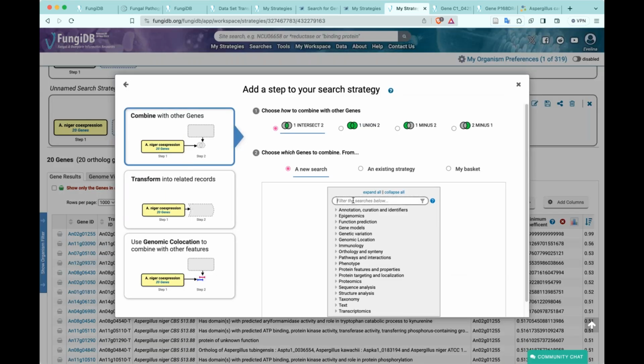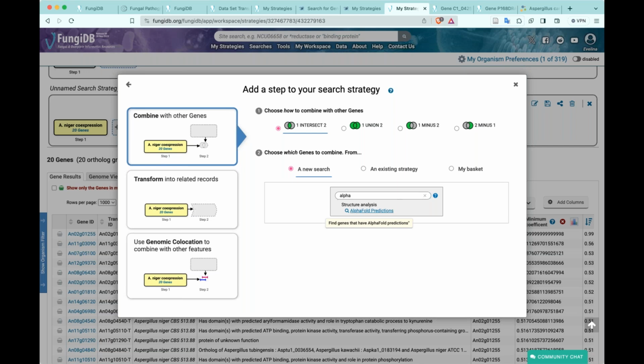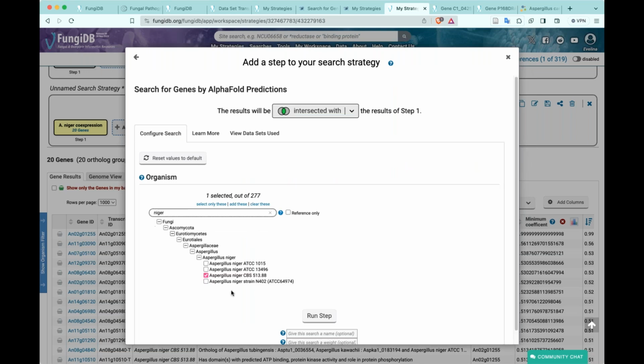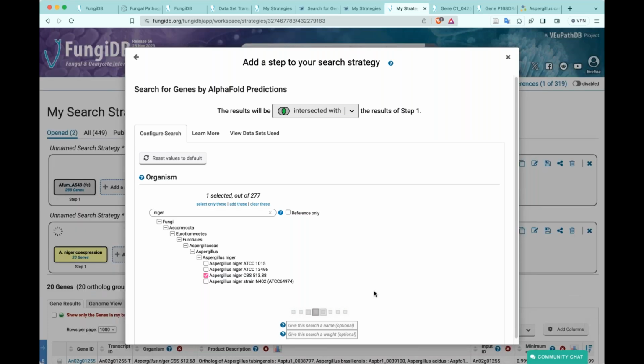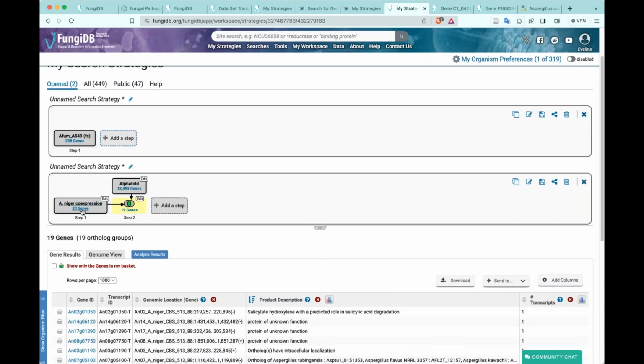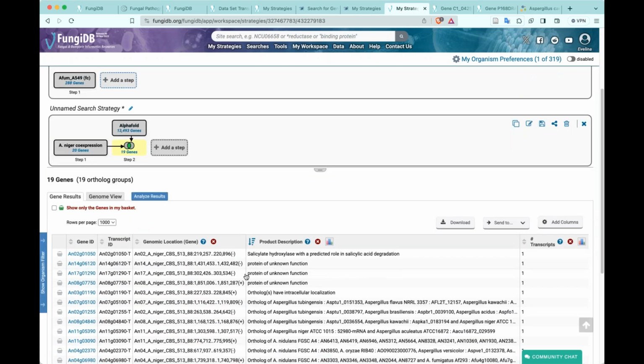So if we click on Add step and then look for AlphaFold amongst the available searches, you can deploy it from the drop-down menu. Since we're working with niger, I'll select niger from the reference genomes that I want to run the search on. By clicking the Run step, the 20 genes in my search will be overlapped with the records provided by AlphaFold. And here now I have that out of the 20 genes identified in step 1, 19 of them have known AlphaFold predictions. And so in this particular case, you may want to